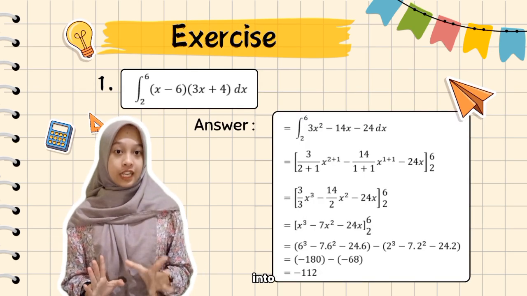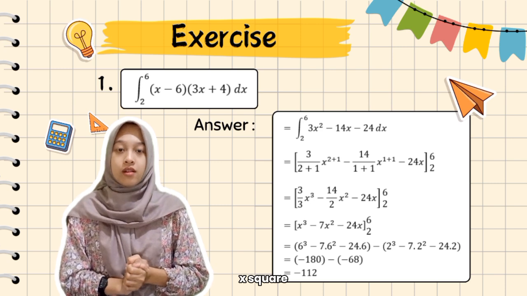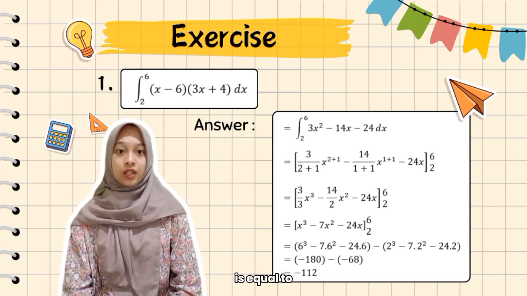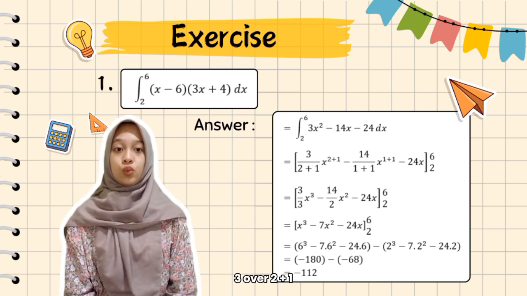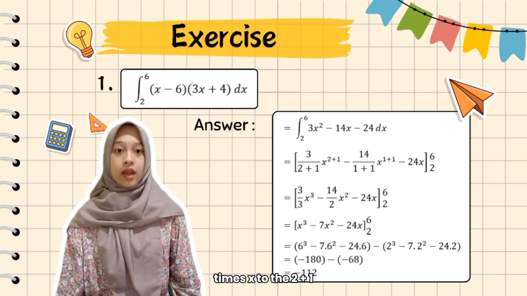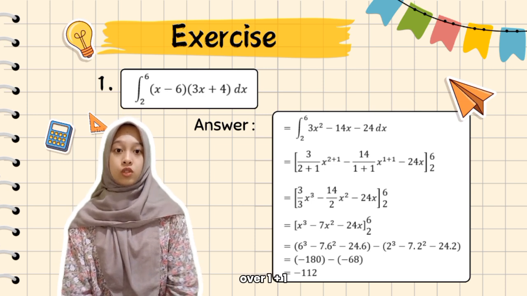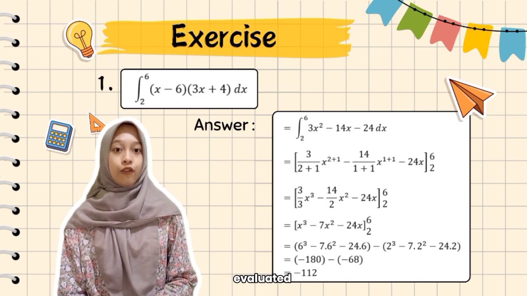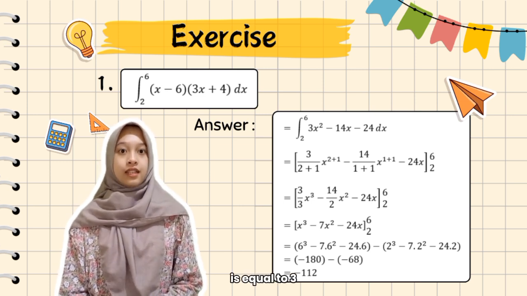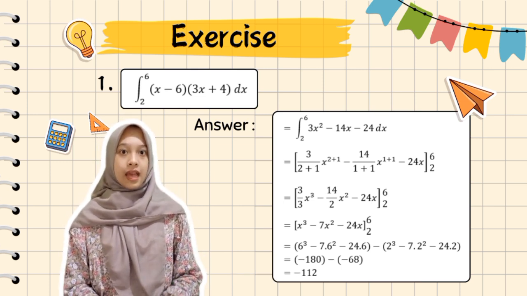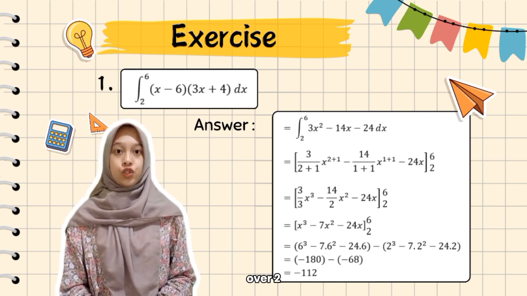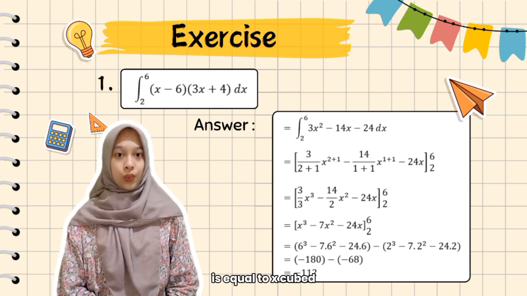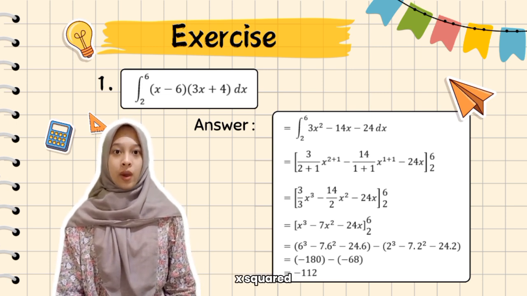We can simplify it into the integral of 3x squared minus 14x minus 24 from 2 to 6, which is equal to 3 over 2 plus 1 times x to the 2 plus 1, minus 14 over 1 plus 1 times x to the 1 plus 1, minus 24x evaluated at 2 and 6. That is equal to 3 over 3 x cubed minus 14 over 2 x squared minus 24x evaluated at 2 and 6, which is x cubed minus 7 x squared minus